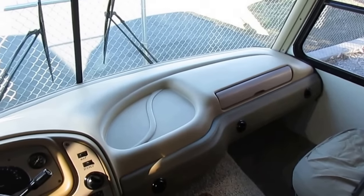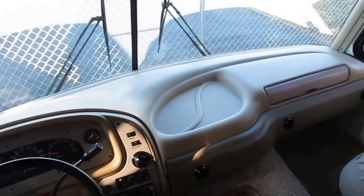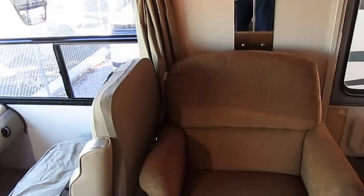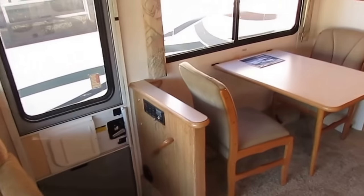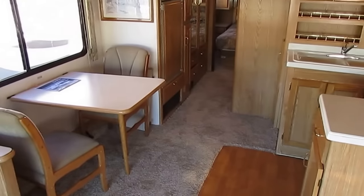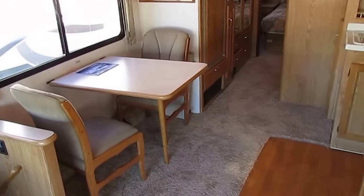Financing is available with approved credit, minimum 10% down payment. I don't have as many lenders because of the age of this unit as I do a later model one. So if you've got some credit issues, even though it's more money, you may have to go up a few years on a later model RV to get financed. But just contact us,